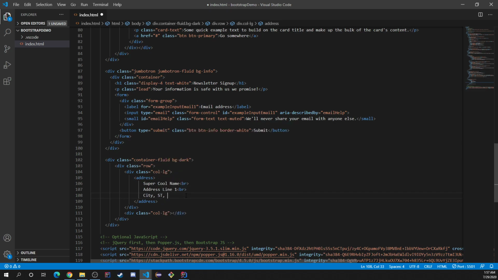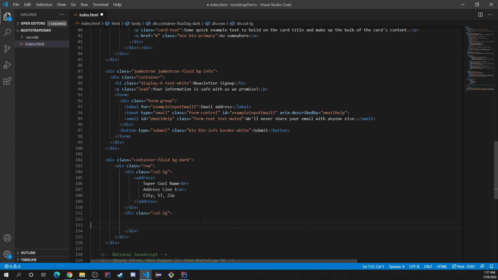City, state, zip. And then it's probably going to look awesome, trust me. Maybe we had some icons or something we wanted to put on this right side over here. We would put them maybe in their own